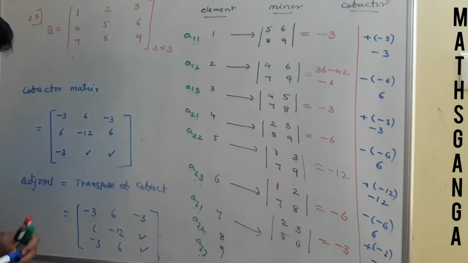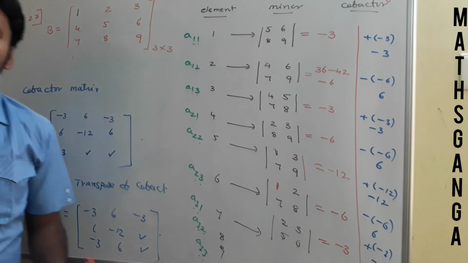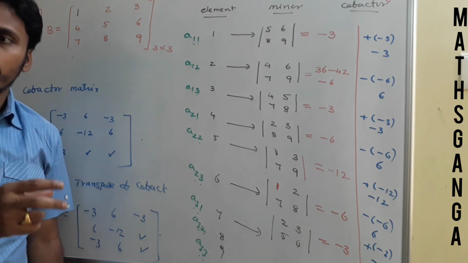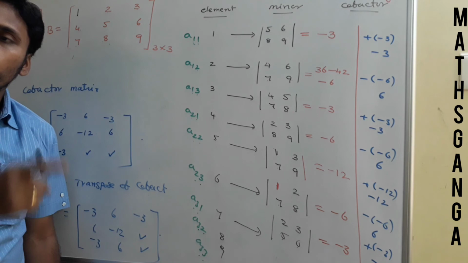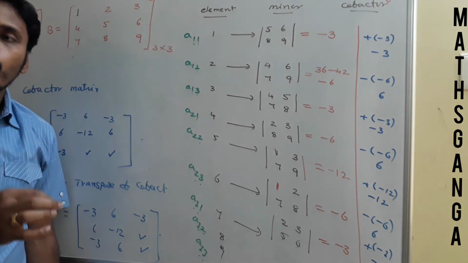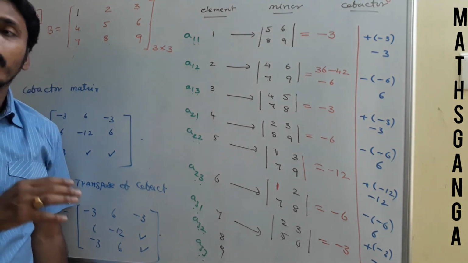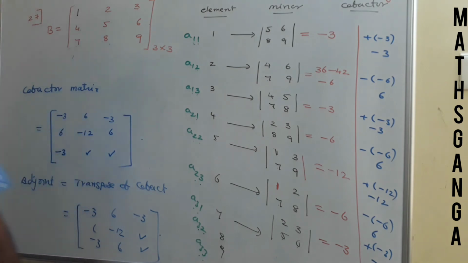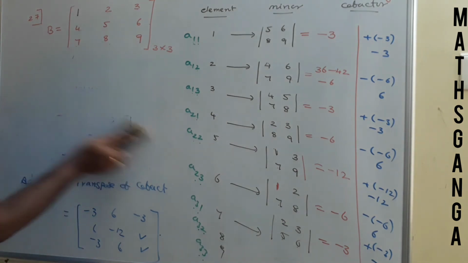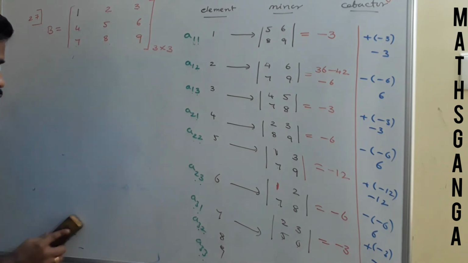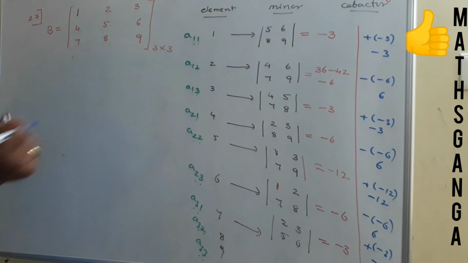And at the end, to find the determinant. See, I mentioned a definition here. The determinant is simply nothing but you need to multiply any row or any column with their corresponding cofactors. Okay, just have a look. I am erasing this. So this is the way of writing the cofactor matrix as well as the transpose of that cofactor, which is the adjoint. Then to find the determinant.